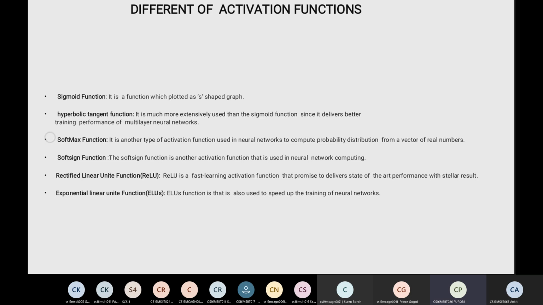Next one is the softsign function. It is used in neural network computing. It is primarily used in regression computation problems. It is also used in DL-based text-to-speech applications. Next one is